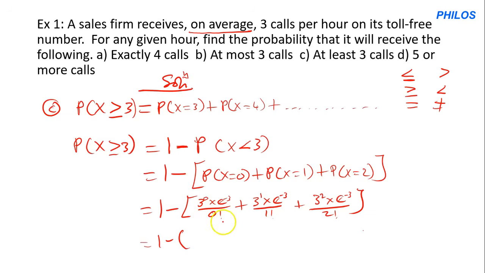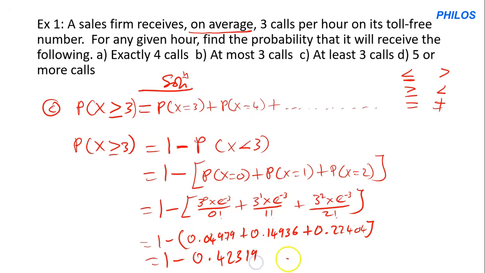When you put this on the calculator like you did in question A, you're going to get what? 0.04979 plus, when you put this also, you get 0.14936 plus, when you put the third one, you get 0.22404. So this will give us 1 minus. Now when you add the 3 results in the bracket, you're going to get 0.42319. So 1 minus 0.42319 will give us 0.57681. So the answer to question C is